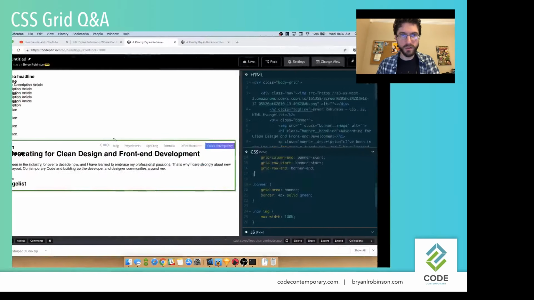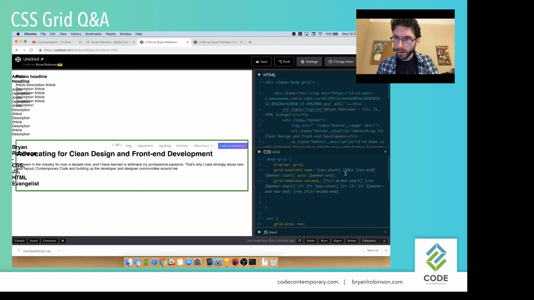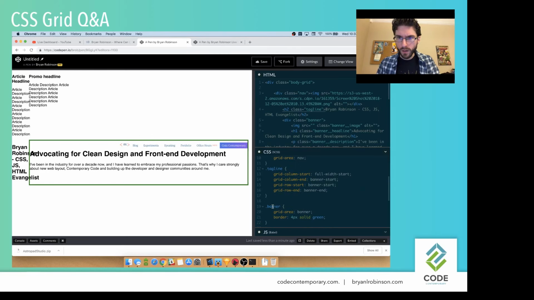We'll call it 75 pixels. So that's, I don't know, 5-6 rem probably. We'll start with just a pixel value though. That'll make our life easier. So we want that first row to be 75 pixels. There we go. And then our tagline is going to be,